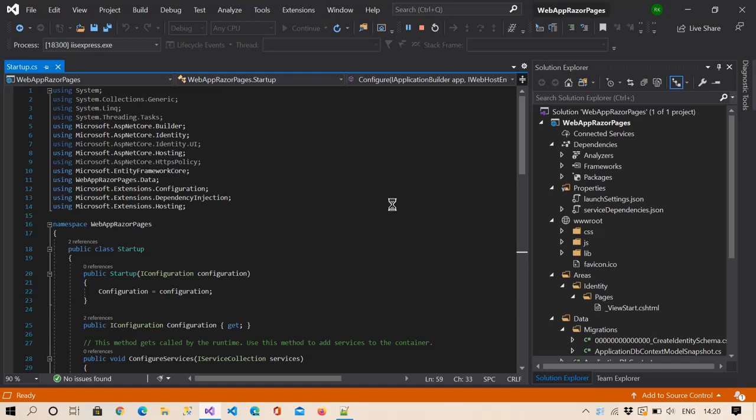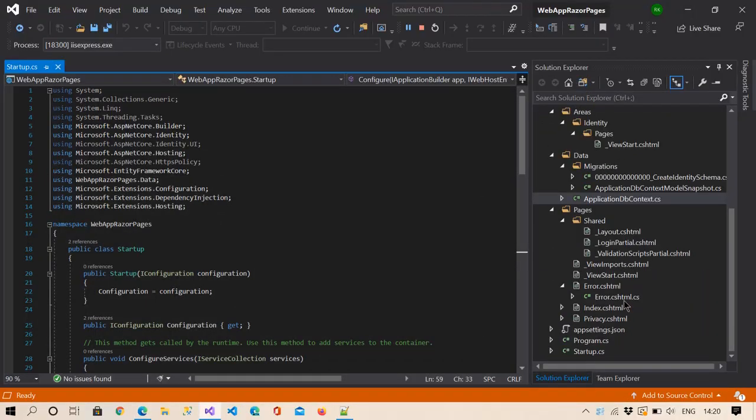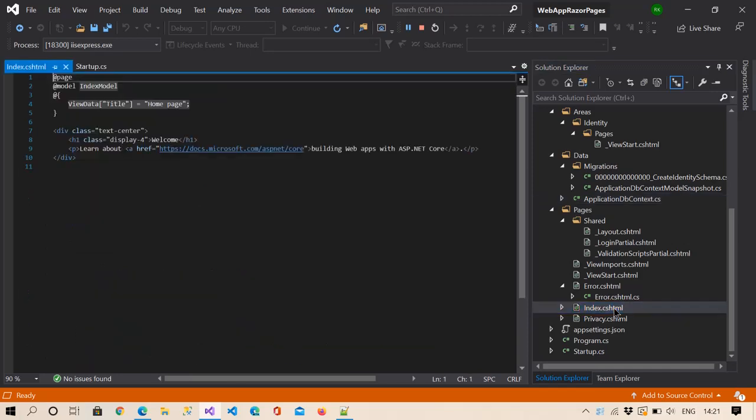Let's wait for some time for the browser to start. Yeah, you can see the browser has started, and now it is loading the index page, as we had discussed here, that this page is going to be loaded the first time when we run this application, and this is basically the home page.